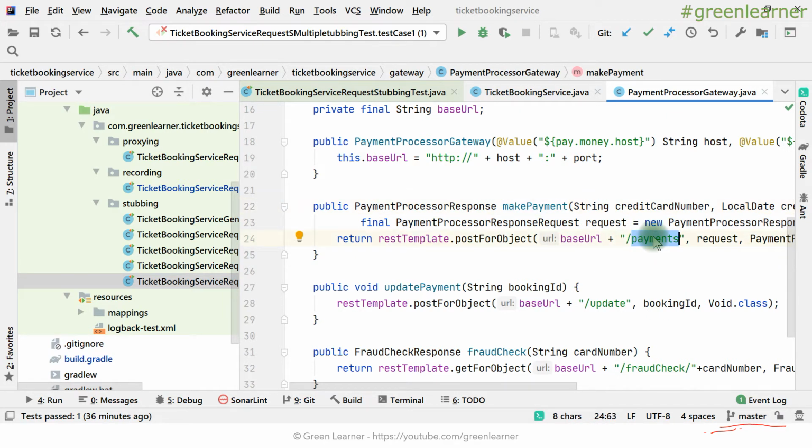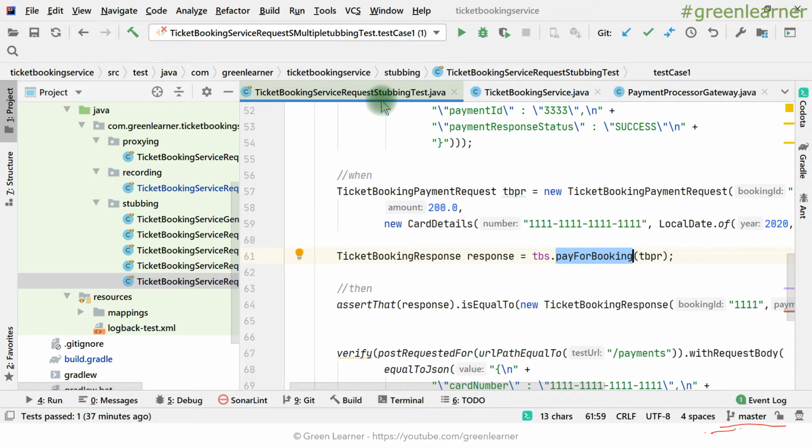For the exception purpose, we will just call this make payment endpoint so that it can hit the payments endpoint of the third party. Not actually hitting, but mocking, so that we can mock this payments endpoint only. All other things you can do in the exercise part.